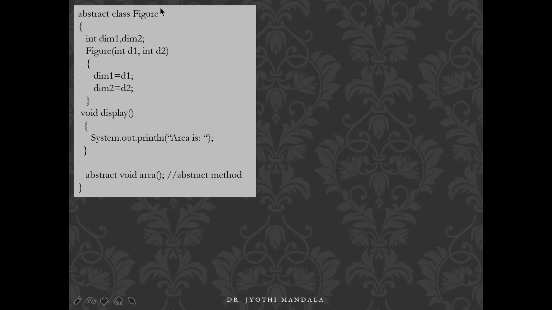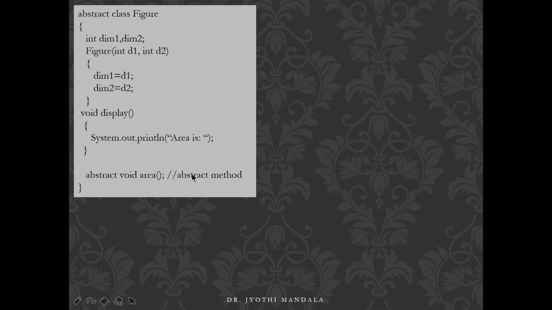You need to understand that this is one complete example of an abstract class. As we have one abstract method, this class should be defined as an abstract class. So this abstract class, figure, has normal variables, a normal constructor, a normal method, and also an abstract method where there is no definition. Area is given in this. So this method area has to be defined in its subclass only. Got it? And one thing you need to understand, for this figure class we can't create objects.